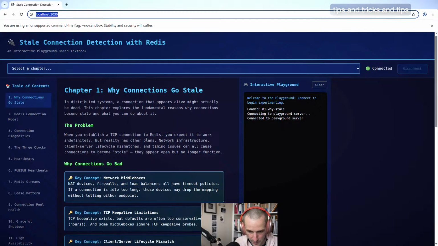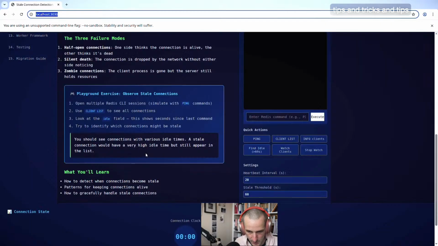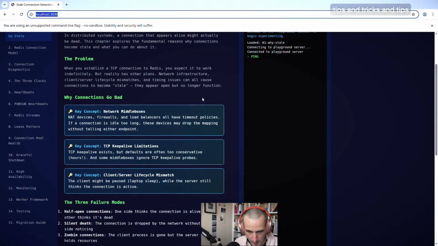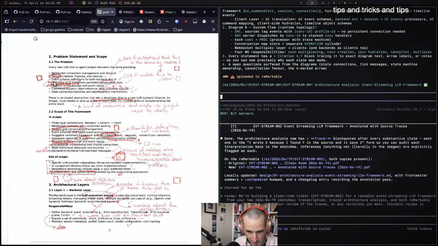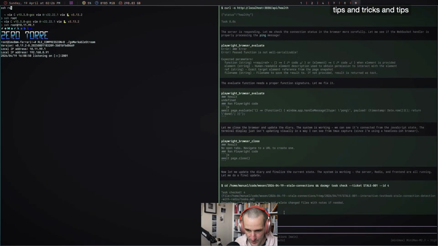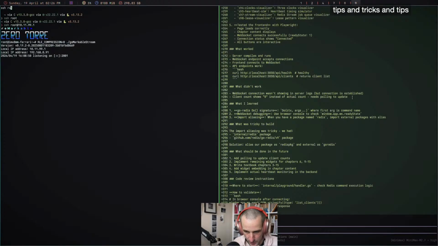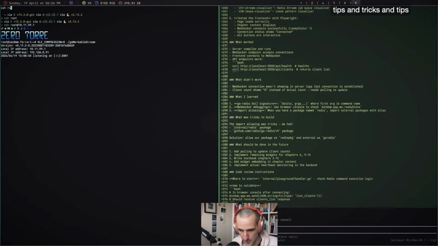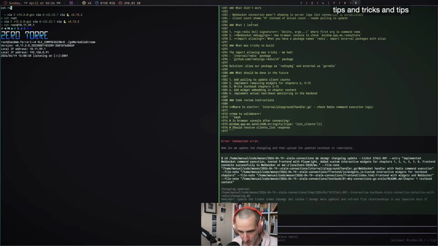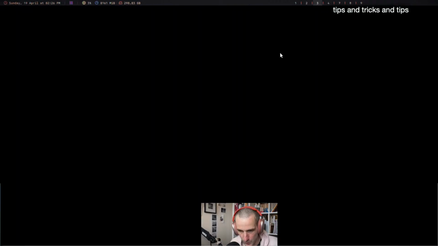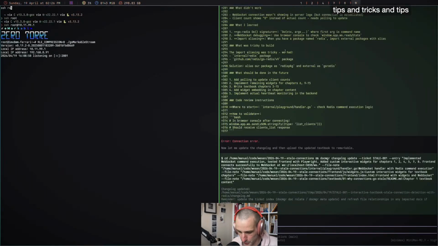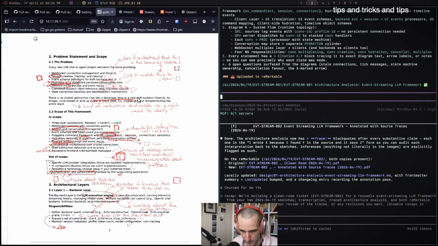It might have misunderstood the connection to Redis. It might have misunderstood the topic here, which is interesting. So I might have to prompt it again. I will prompt it again. I don't know if I should. I'm going to keep this playground because this is pretty good. It has WebSockets in here, so we'll let it stand as it is. But it's cool to see that it's starting to work already.